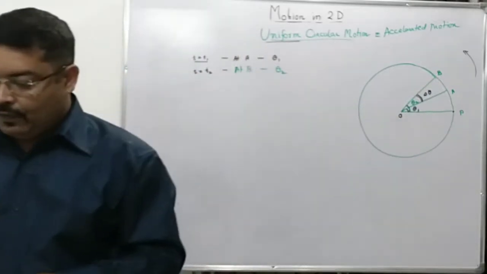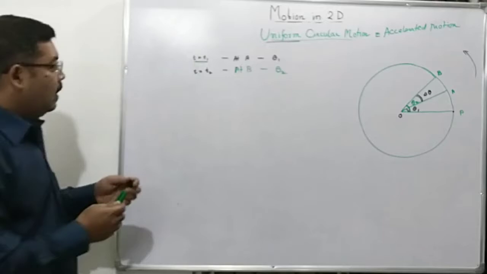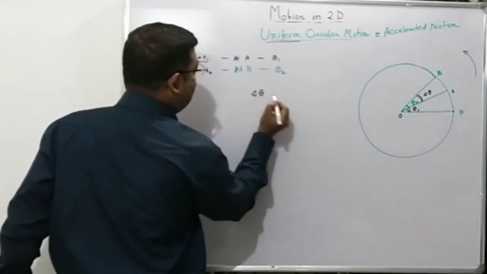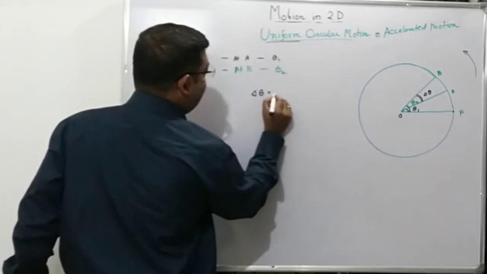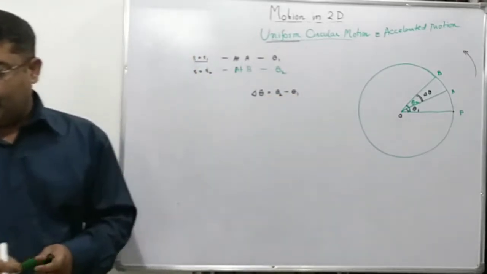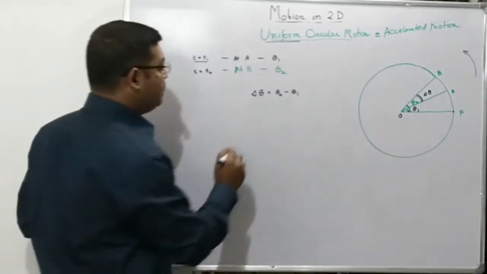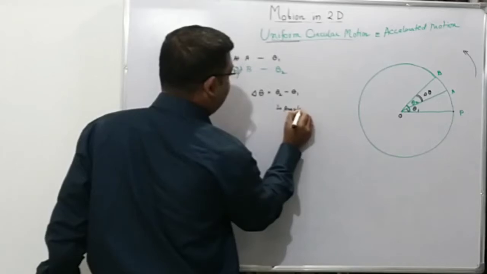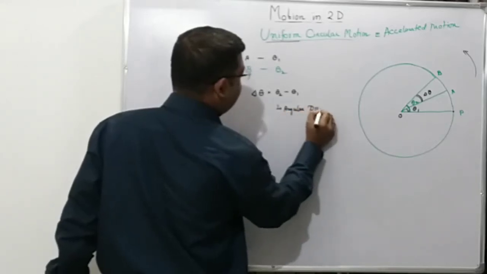Now what is the value of the angle AOB? That is clearly from the diagram, delta theta, angle AOB is equal to angle theta 2 minus angle theta 1. So this will be known as angular displacement